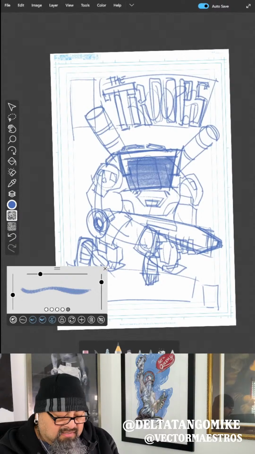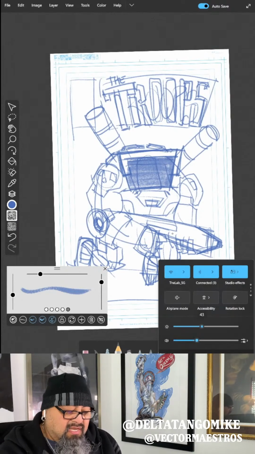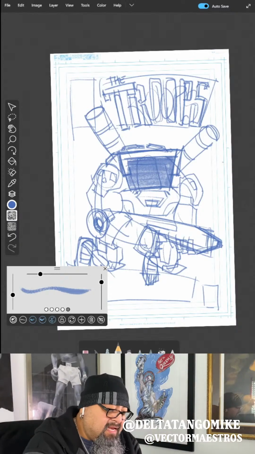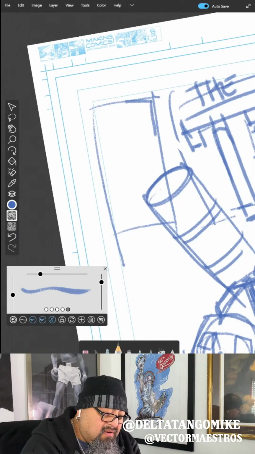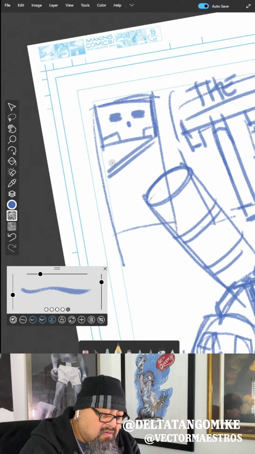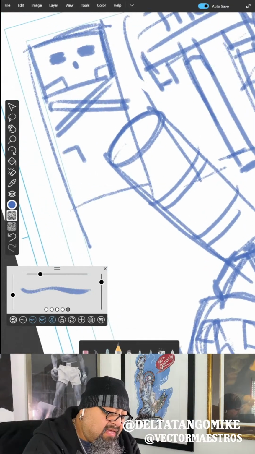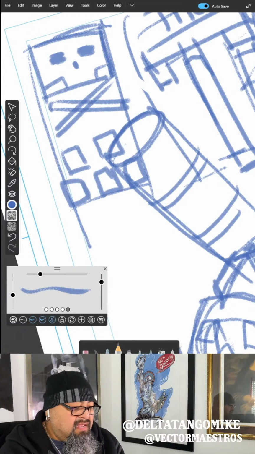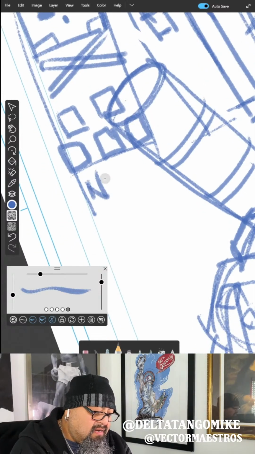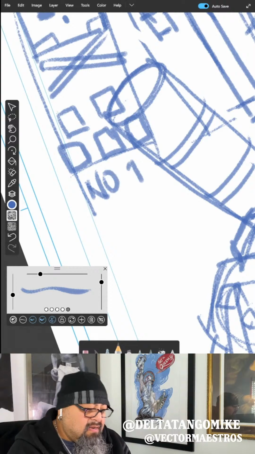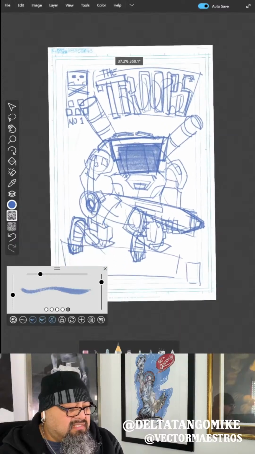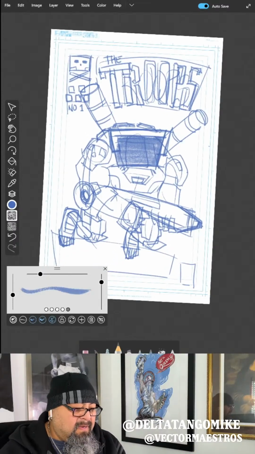I don't know why the color keeps changing. Why do you keep changing on me? All right, that's good. And then the last thing is going to be the logo. This is the logo for the Sketchyverse. And that should actually go down here, but it's okay. I like how they do those little heads right there, like that. And then maybe number 1. Yes, good.